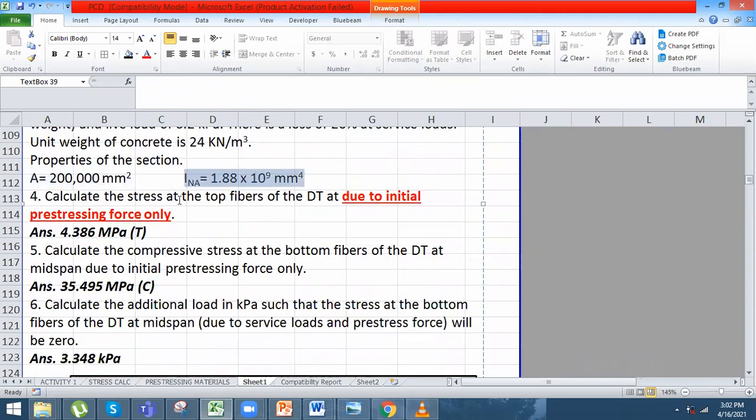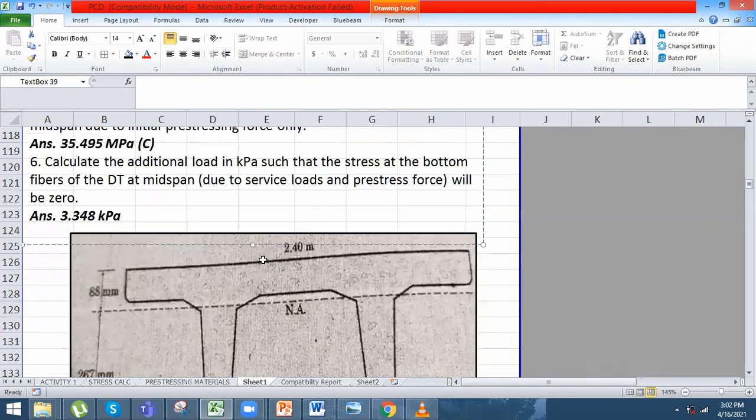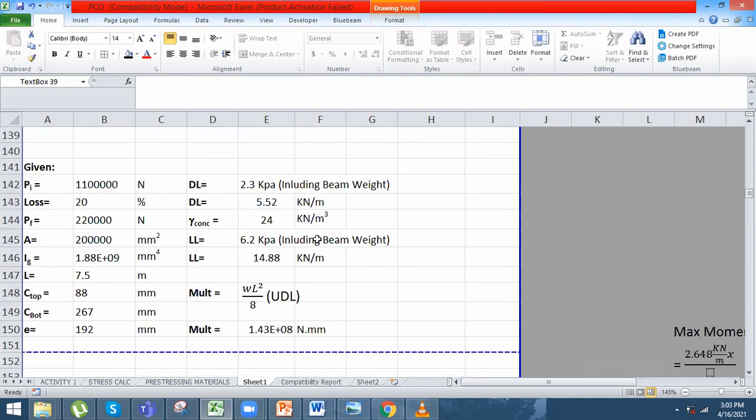Okay? Calculate the stress at the top fibers of the double T due to initial pre-stressing force only. So, solving number 4, okay? So ito yun guys. Okay. Kung gagawa kayo ng spreadsheet nyo for the actual structural design, kung gusto nyo magpunta sa design,